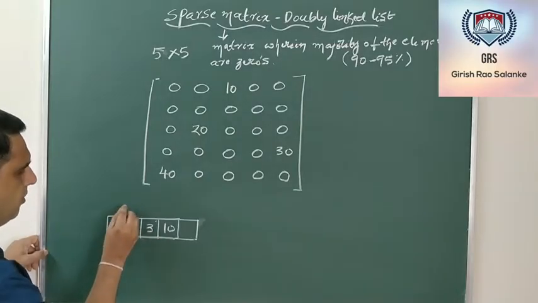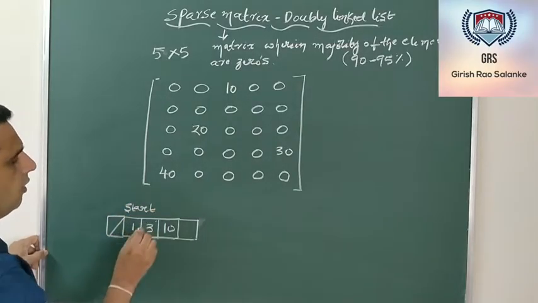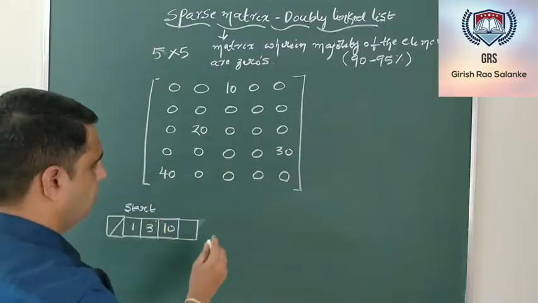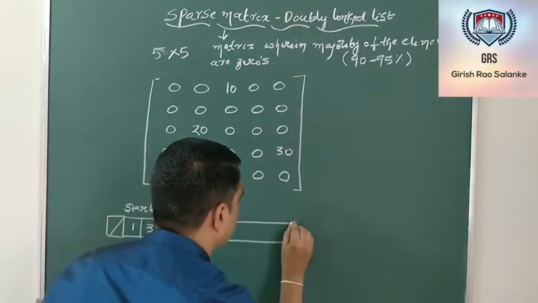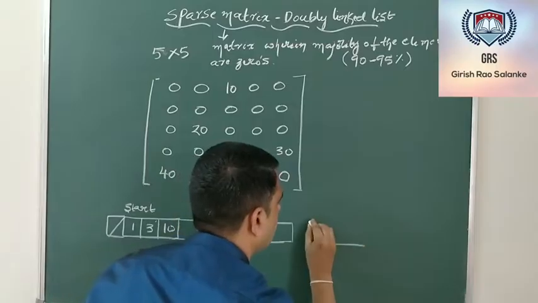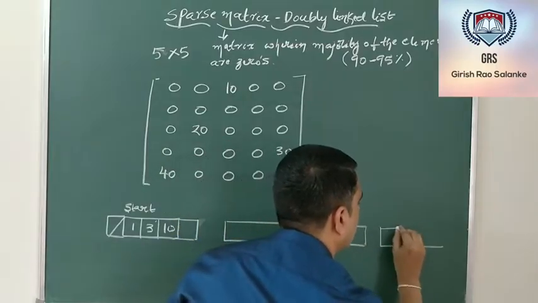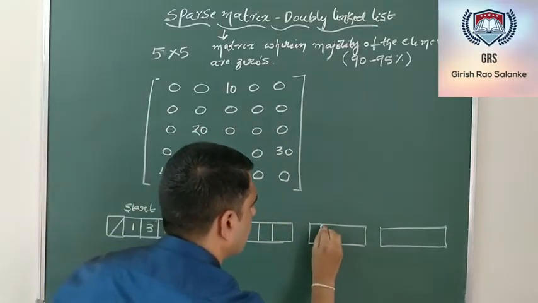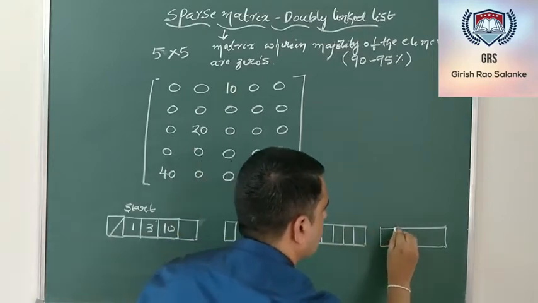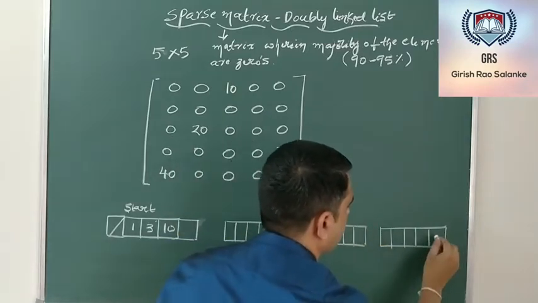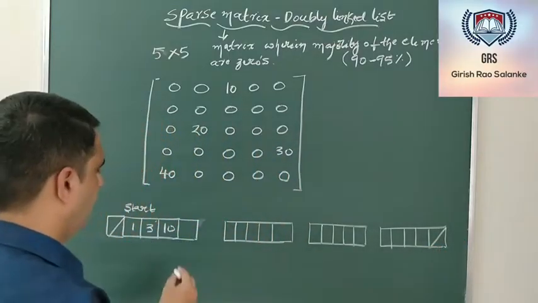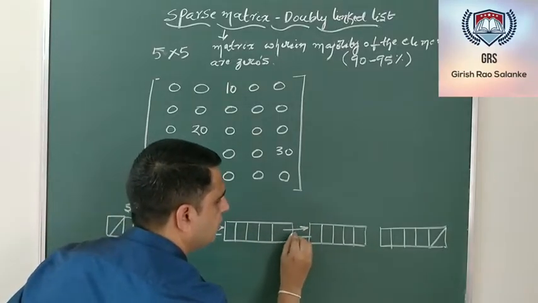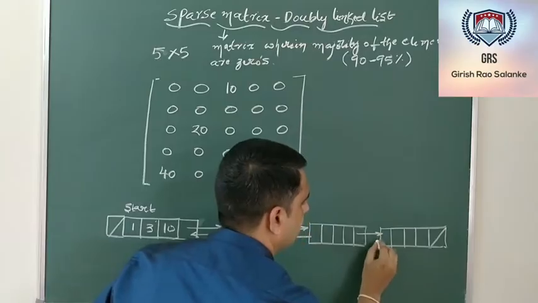As this is the first node, in its previous field it will be null. So I will take this as start. Now let me check whether any other non-zero elements are there. Yes, there is one more non-zero element, 20. There are 2, maybe 3 more non-zero elements. So I need to have more nodes. This is the last node. The last node in its next field will be null. So the first node's next points to the second node, and the previous points to the first node, similarly for the second, third and fourth.